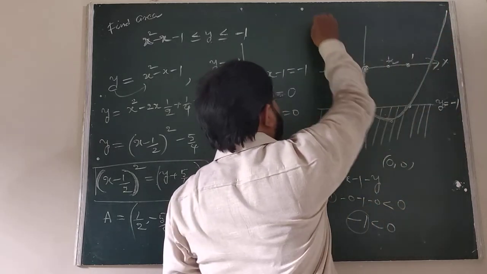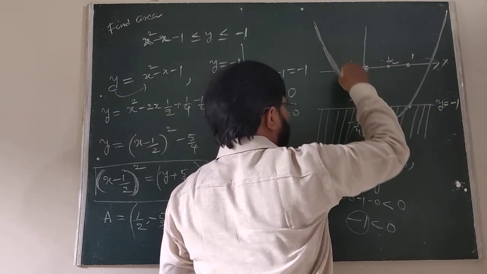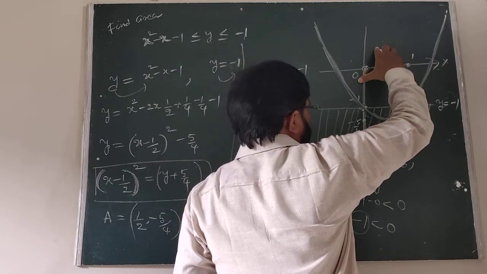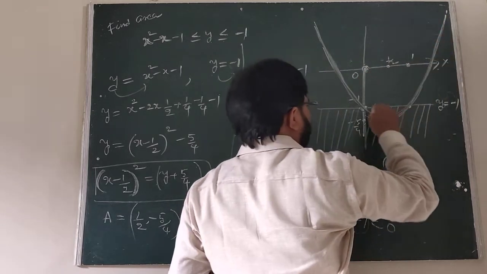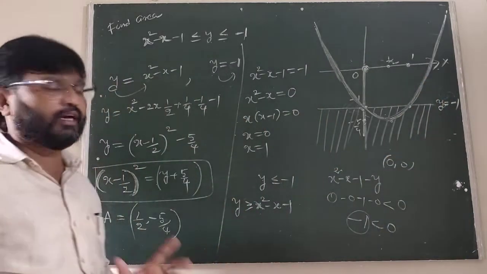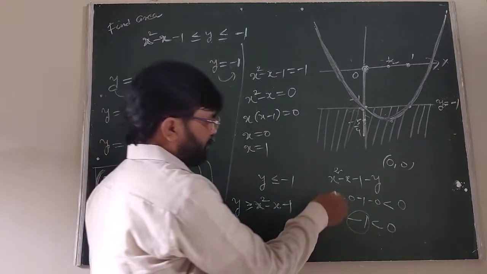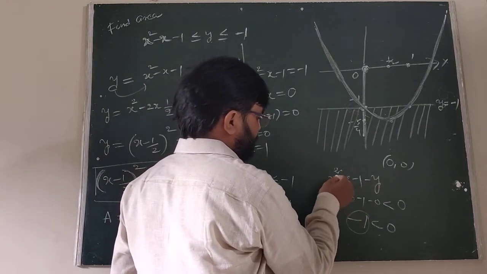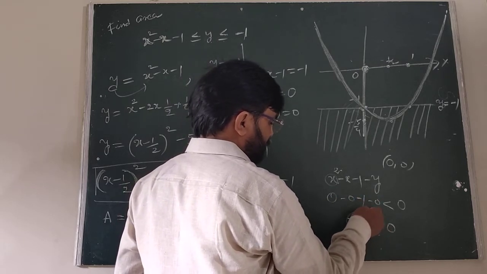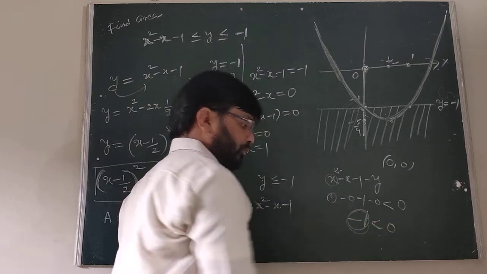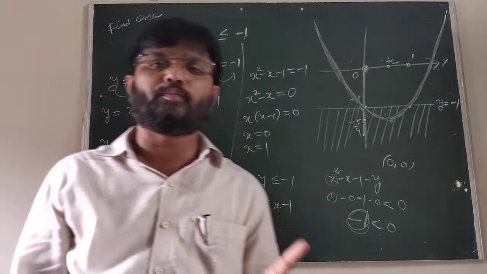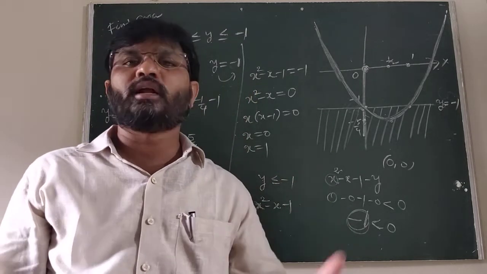Dear students, we observe here this is the parabola diagram. These are all inside points, these lie on the parabola, and these are outside the parabola. So when we substitute (0, 0), undoubtedly we got minus 1, and minus 1 is always less than 0. The position of a point in the parabola: let P(x1, y1) be a point in the plane of the parabola. The parabola is denoted by S.